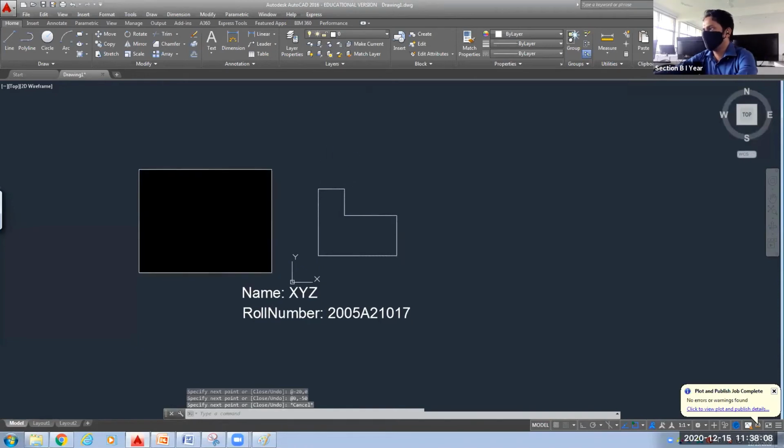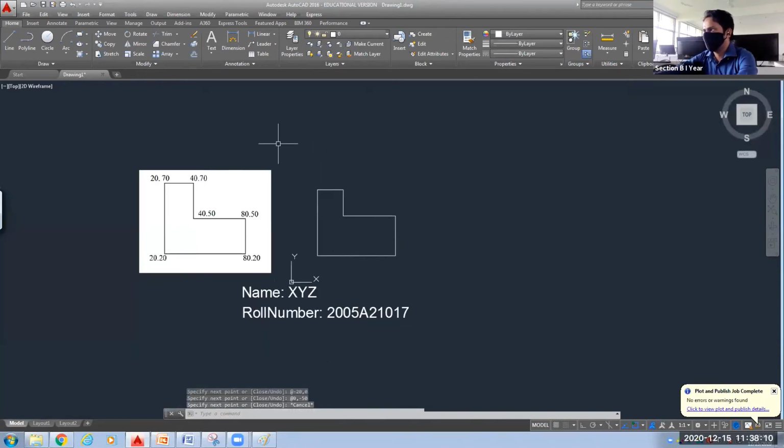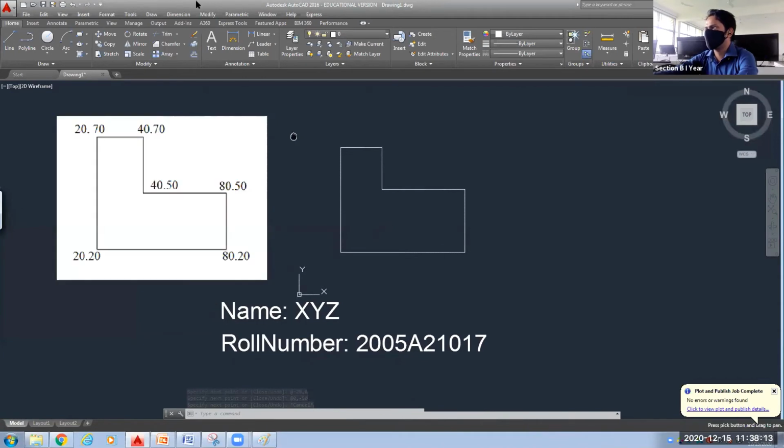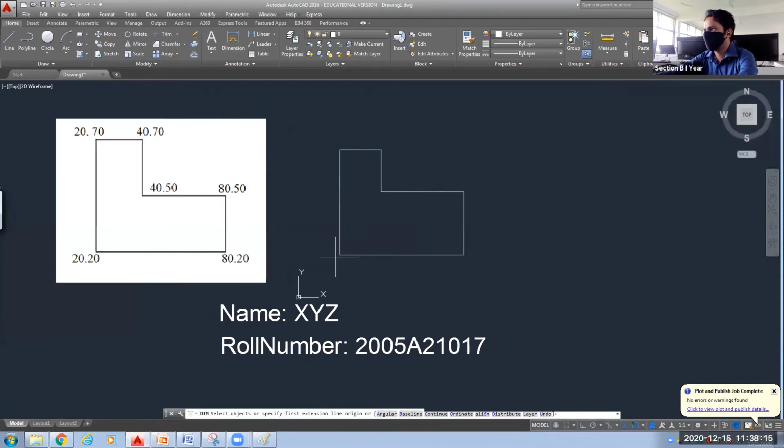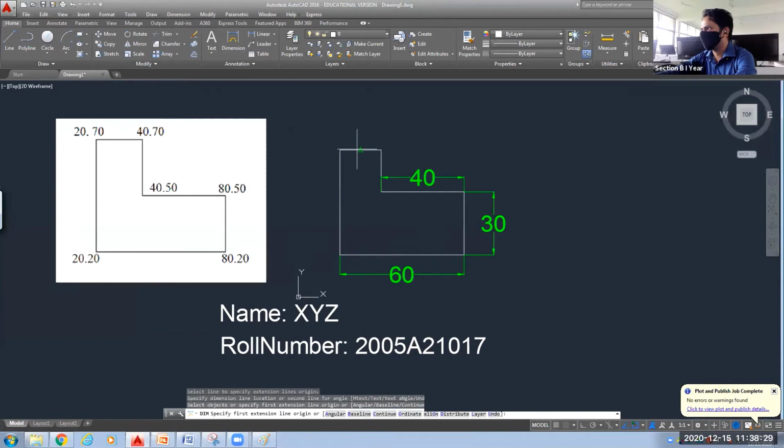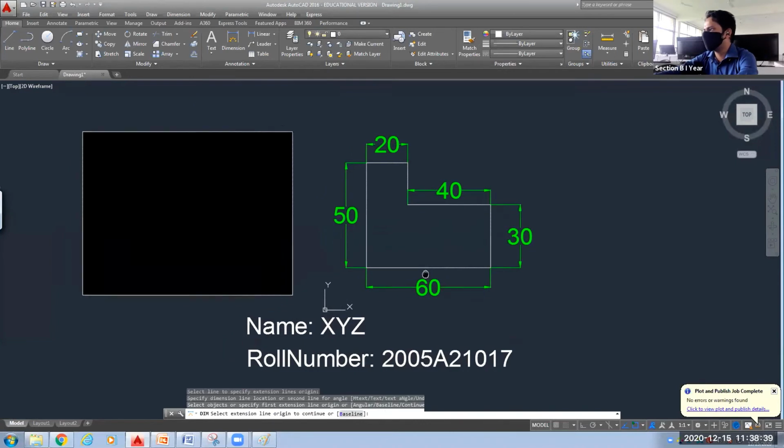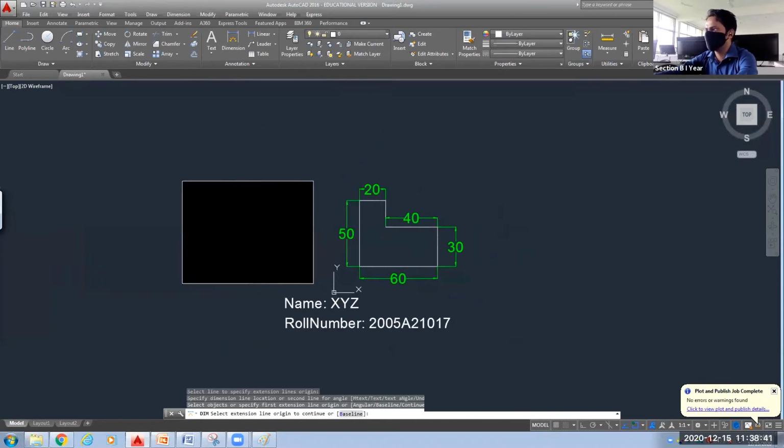Okay, now I'm going to give the first dimensioning. You all know the process of dimensioning. Click on this dimension. Okay, select the opposite corners. Since we have already given the dimension style, it is showing like this. If it is not showing like this, then you have to go for dimension style also.